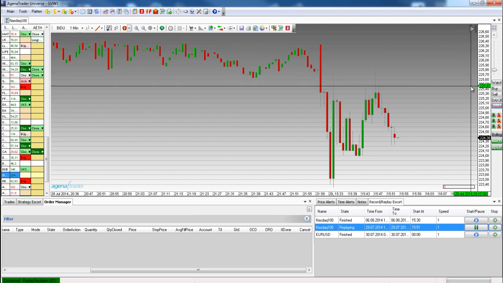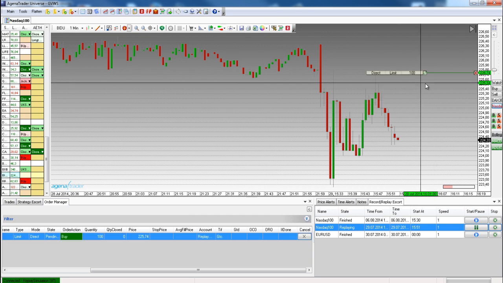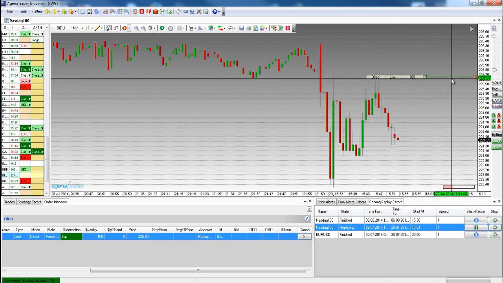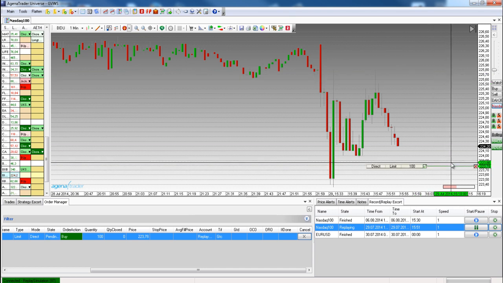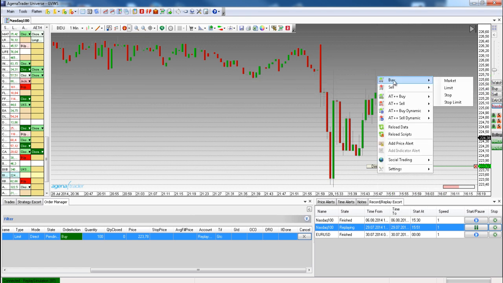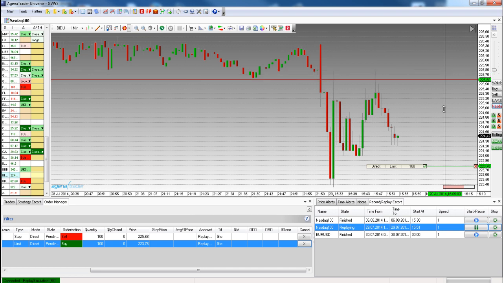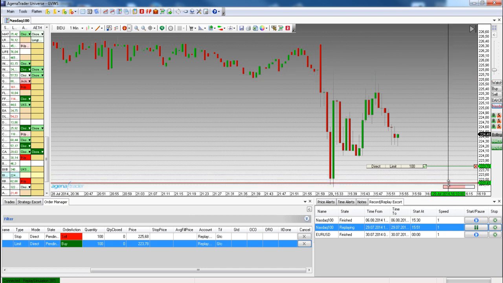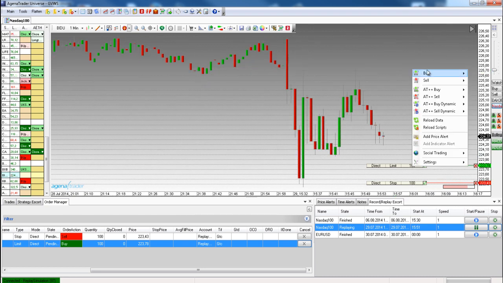The if done connection can be created by doing the following. First, we place our main order. This time we'll choose a limit order. And to this we'll add our planned stop order. And we want to set ourselves a target. So the target